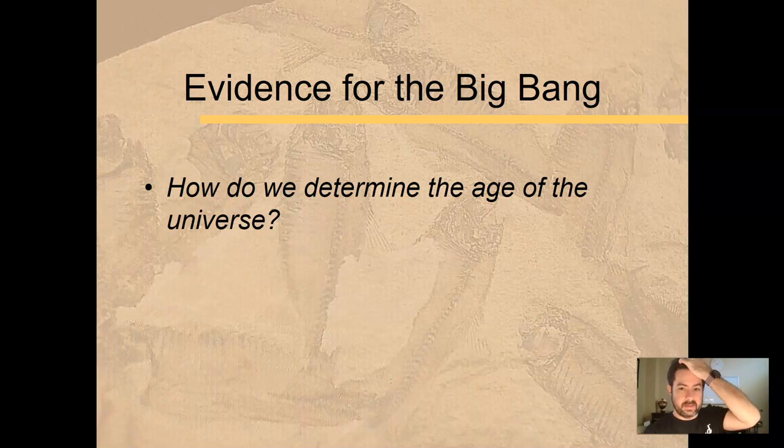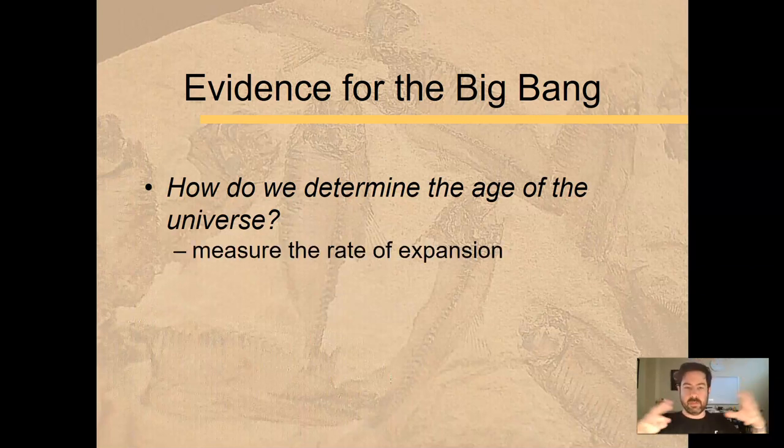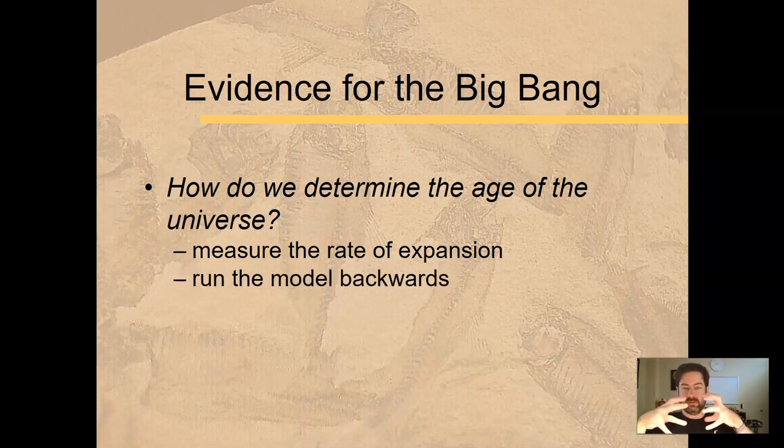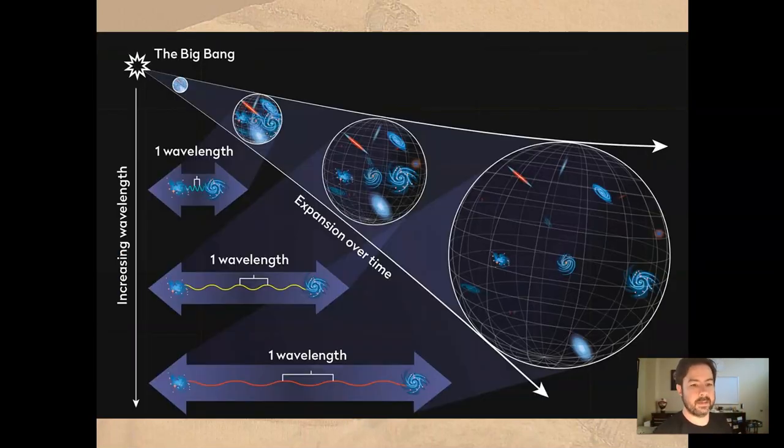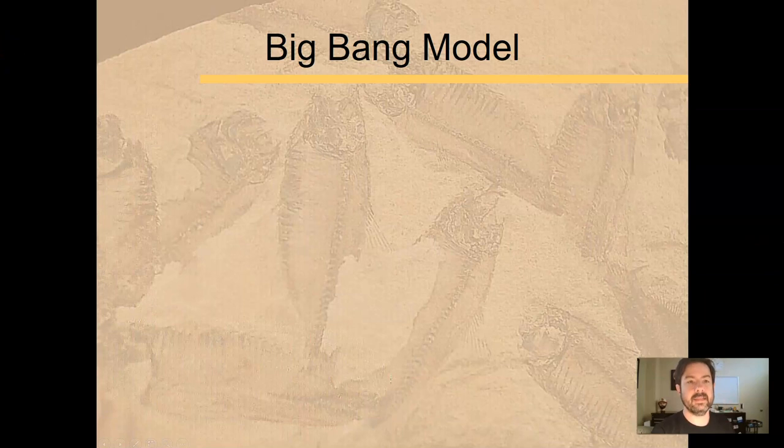So how do we determine the age of the universe? Well, we just measure how things are moving away, and we run that backwards. If I see the speed of all of these things moving away, if I can measure how fast these raisins moved away, let me just run that model in reverse, and we can come up with a timeline of when all of those things must have been together. So instead of things expanding, just run that in reverse. And how much time would that take? That's how we got to 13.7-ish billion years.